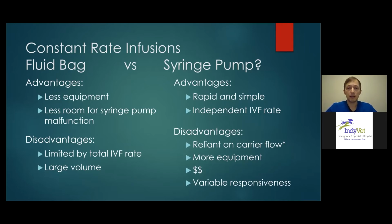Syringe pumps, on the other hand, can be very advantageous. They're rapid and simple, and they can be relatively independent of your intravenous fluid rate. And they're generally somewhat easy to pick up and use. There are disadvantages, though, in that they are reliant on the carrier flow. Somewhat similar to the disadvantage of the fluid bag, if you have a very small patient whose maintenance